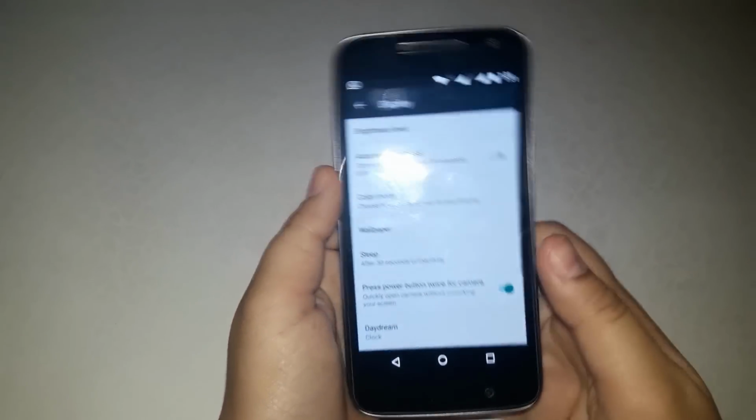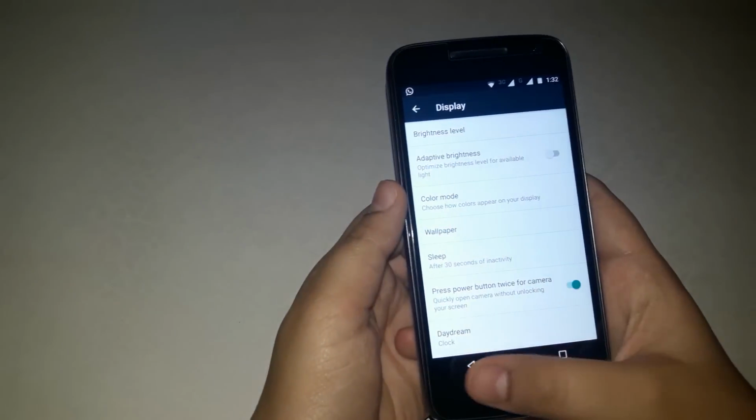So this is very good, and you will not see any black screen coming from the side. As you can see, no black screen is forming from the top or from the side, nowhere you can see the black screen. So this is a very, very good feature, I feel.